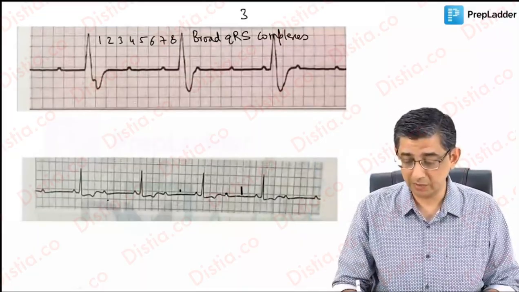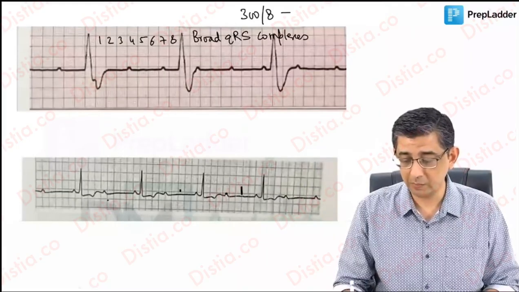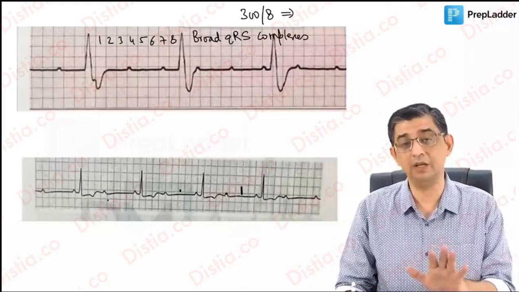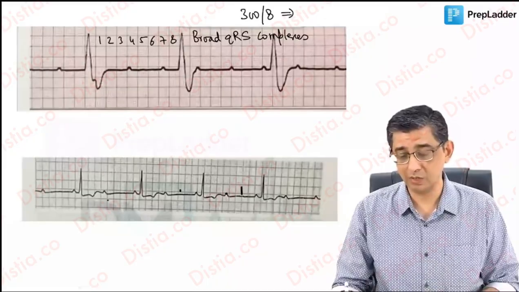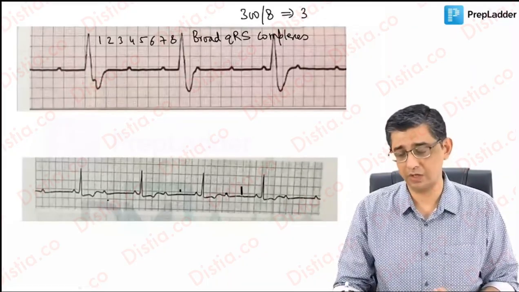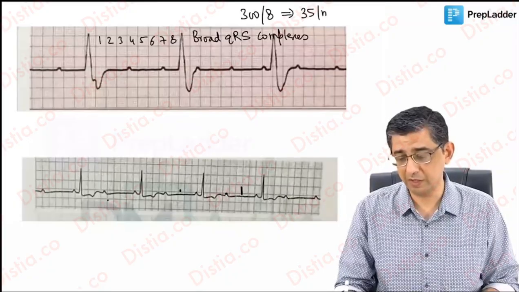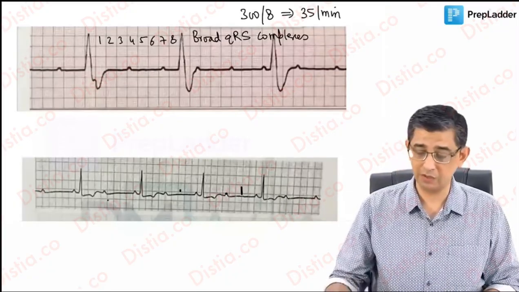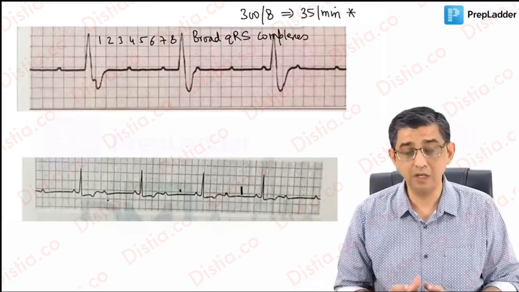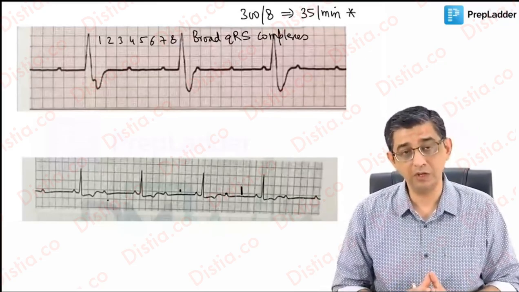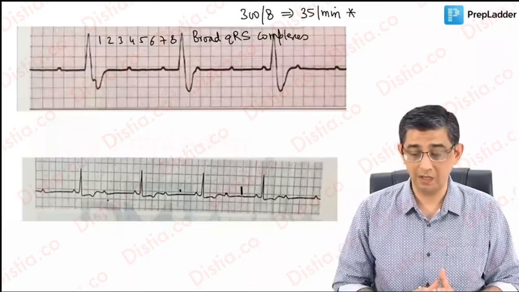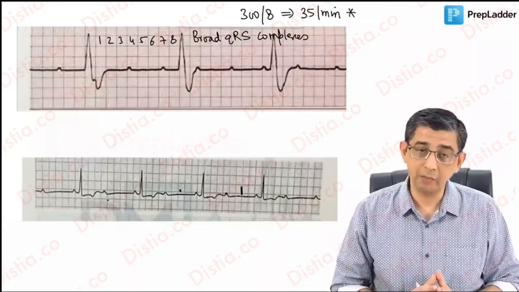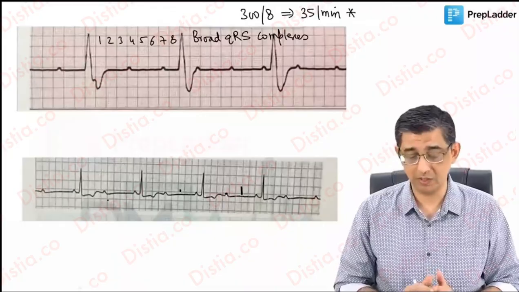I mean, if I look at the mathematical value here, 300 divided by 8, in fact, it's a little more than 8. I'm taking 8 for calculation purposes. So the heart rate of this patient will be something in the range of about 35 per minute, give or take a few values. The point is, if heart rate is this low, it's definitely going to be very troublesome for the patient, in a sense that postural hypotension can occur, syncopal episodes can occur, and then